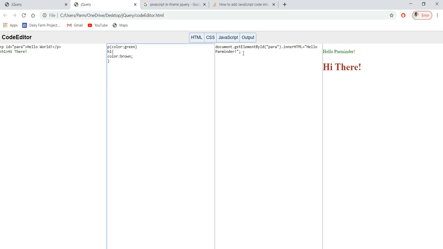And if I copy this line, Control C, and paste it over here, getElementById.